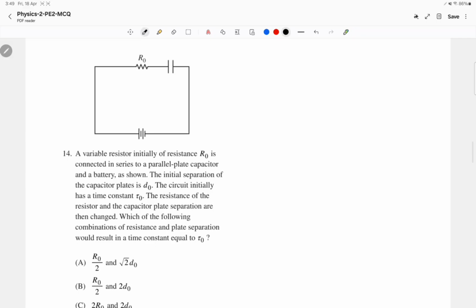Question 14. Do you know what this constant means or this symbol means? Torque? That's torque, but not in this case. It's a different symbol here. This is called the time constant. It's new. It's actually this year came out. And the time constant is going to be the R total times